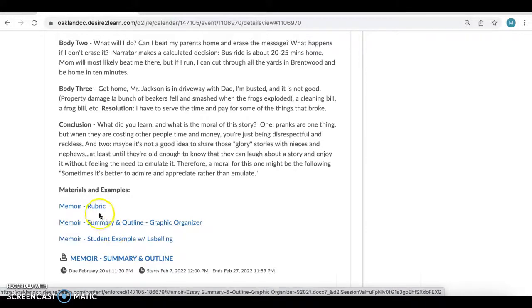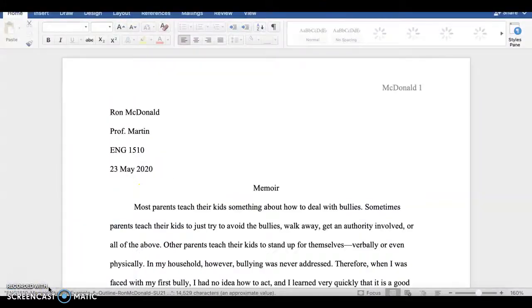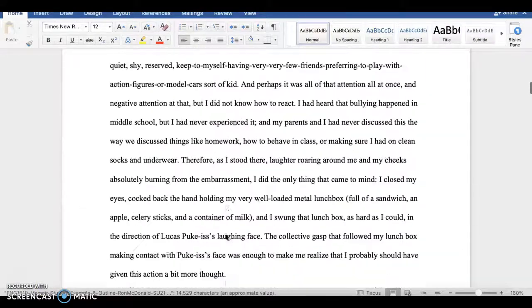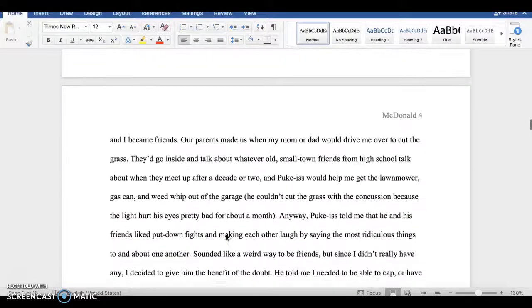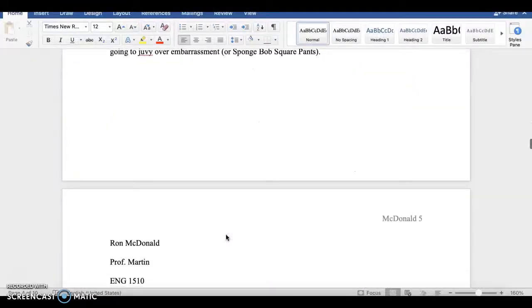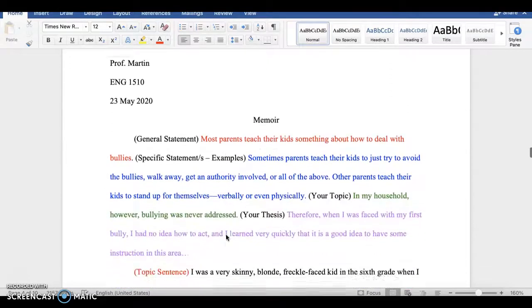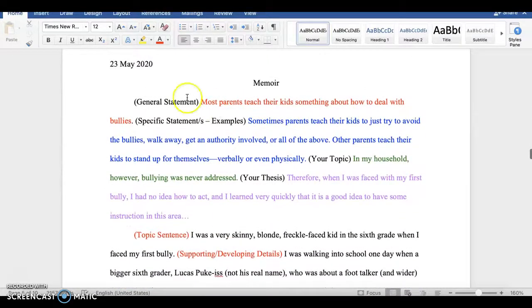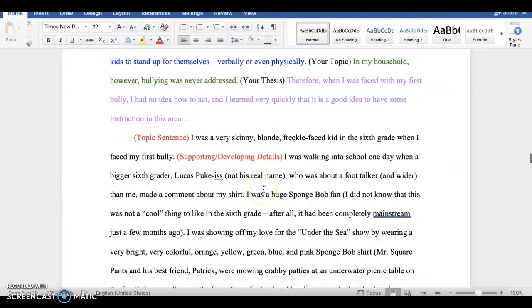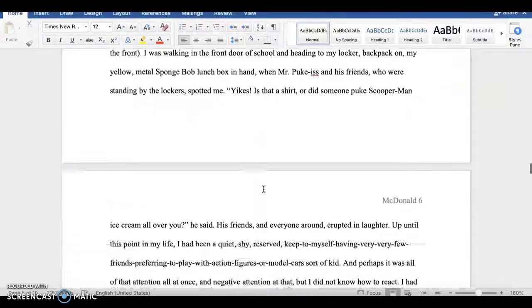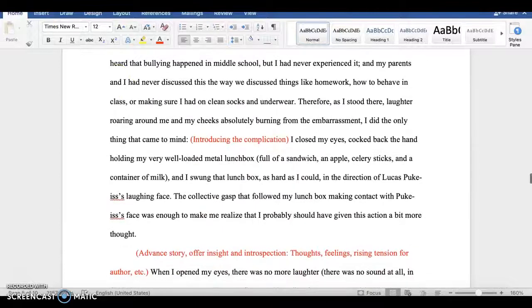In addition to following the assignment guidelines on the rubric and meeting the criteria on the summary outline, you'll see that I include this after giving you the completed memoir, and I think there are one or two grammatical mistakes that I didn't fix from the student's paper. It's from a prior term that I got approval from the student to use. Then the second drafting of it down here shows you the same exact story, which is a successful memoir that includes labeling for each one of the component pieces that are asked for on your rubric and in the summary outline that you're doing next week.